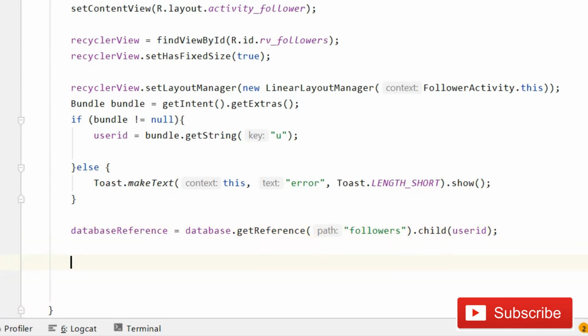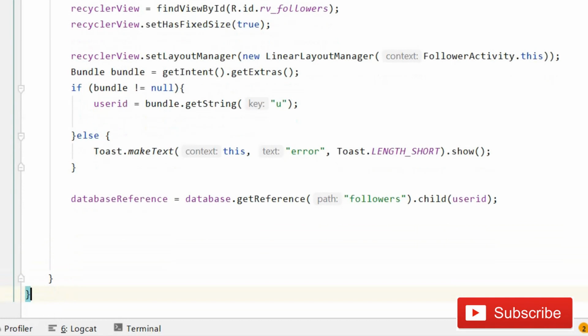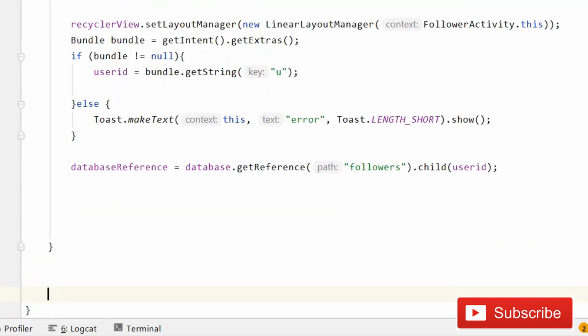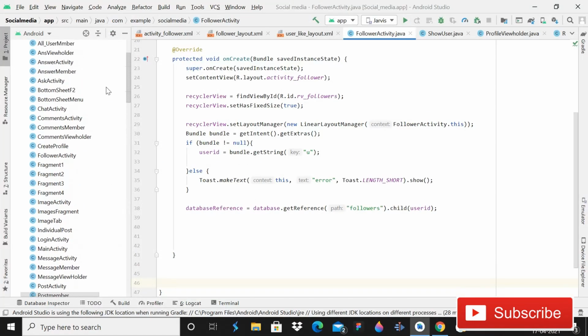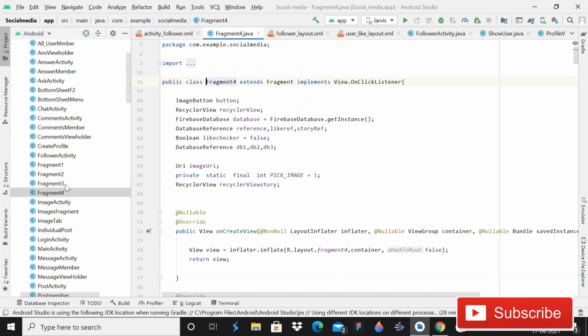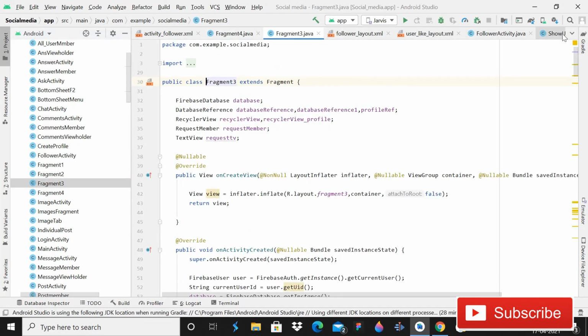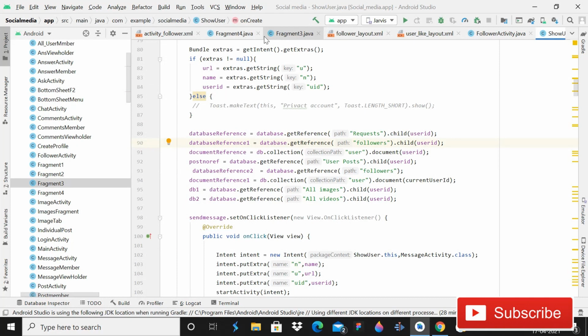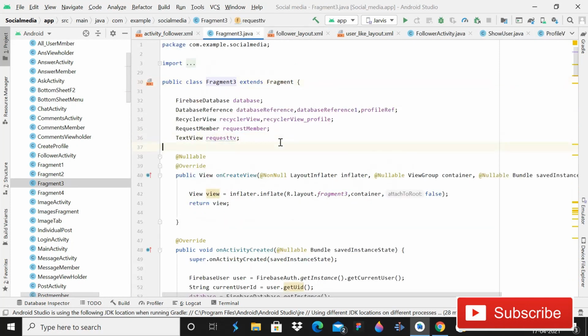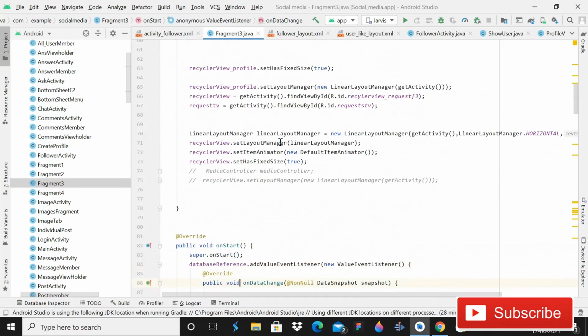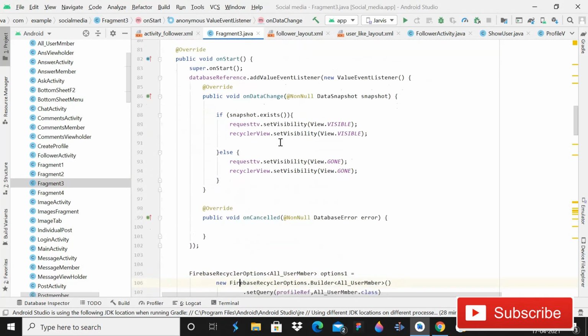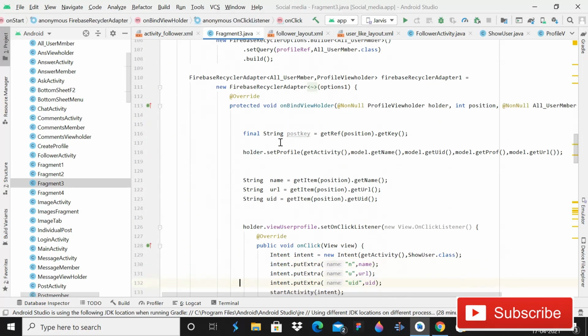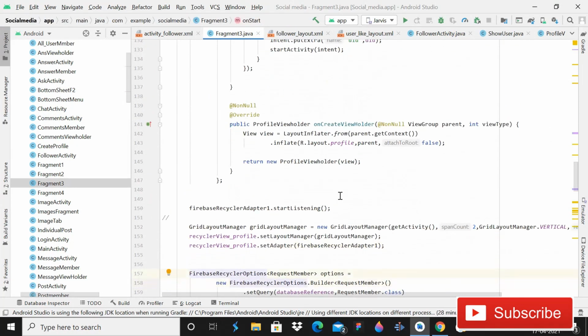We have the reference. So now we can proceed with the Firebase recycler adapter. For this, any activity where we are retrieving the Firebase data with a recycler adapter, you can open this fragment 4, and not fragment 4, fragment 3, because in fragment 4 we are using a lot of data, which is difficult to copy and delete, and it is also confusing. So I will try to show you the easiest things. After this, we will come inside the onStart method. So guys, now here we will come inside this onStart, and what you have to do is simply copy this